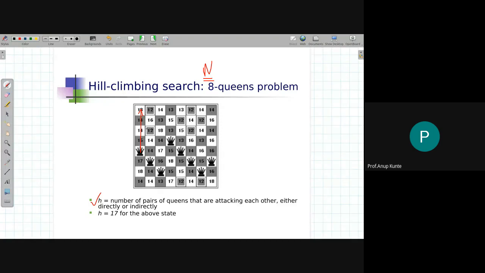So in this case, if I decide to take the next move, how many moves are there? I can move this 7 ways, move this 7 ways, move this 7 ways. So 7 into 1, 2, 3, 4, 5, 6, 7, 8, that is 56 child nodes, and for each of those 56 child nodes I will have a certain heuristic function value,